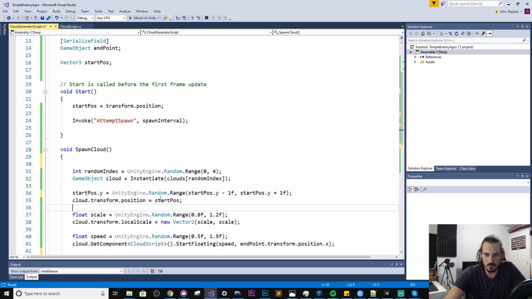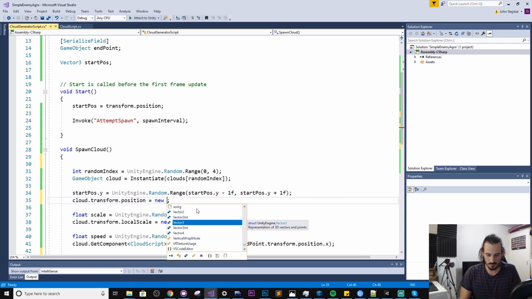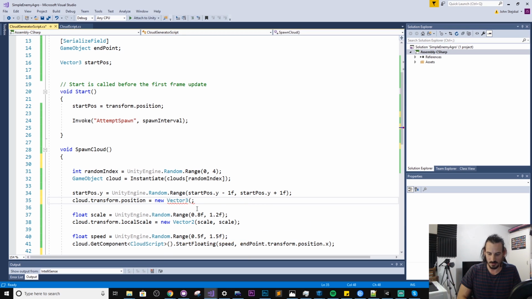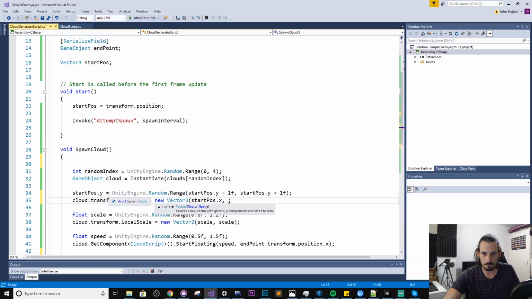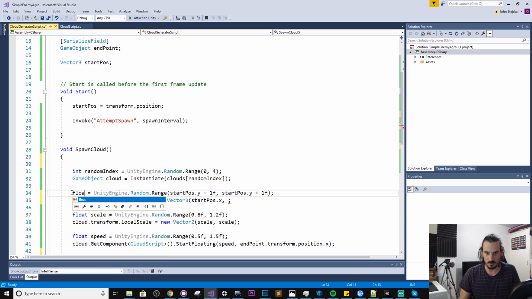So what I'll do here, instead of doing it like that, I'll say new Vector3, and I'll say start pos.x, because we have no problem with that, and we'll then turn this into a float here, and I'll say start y,